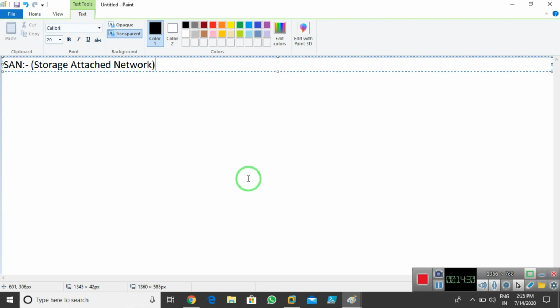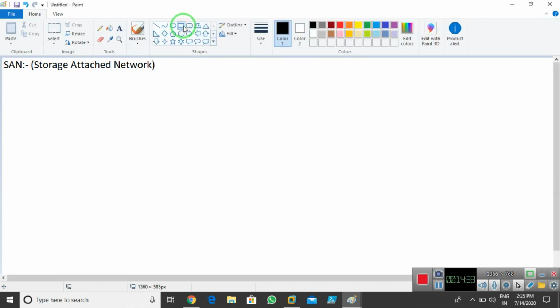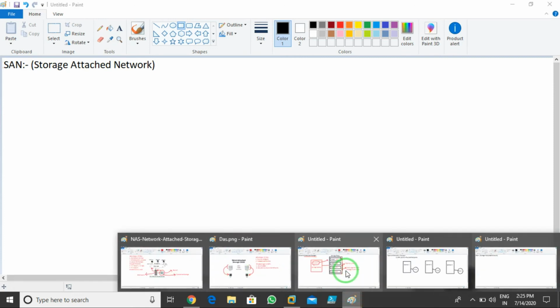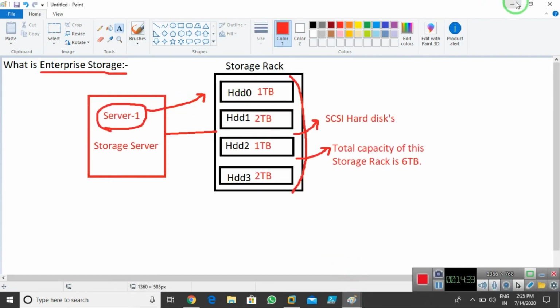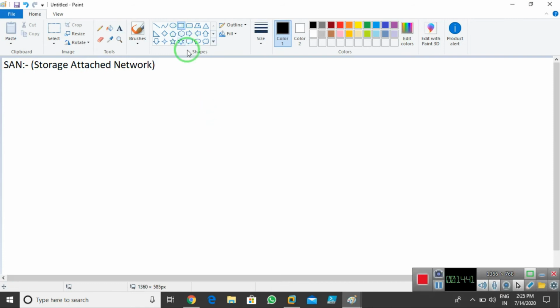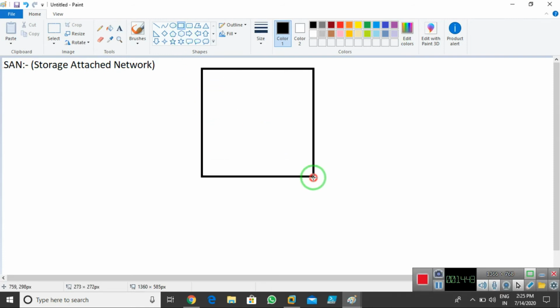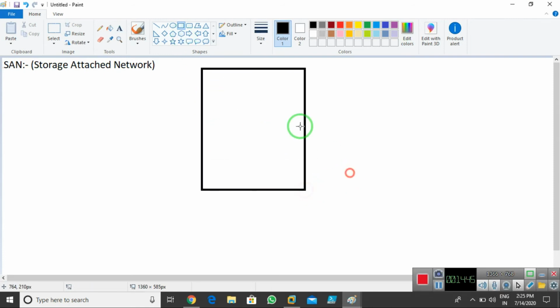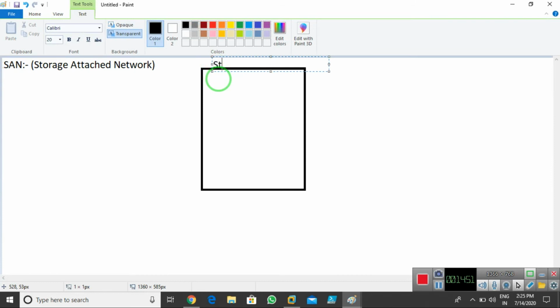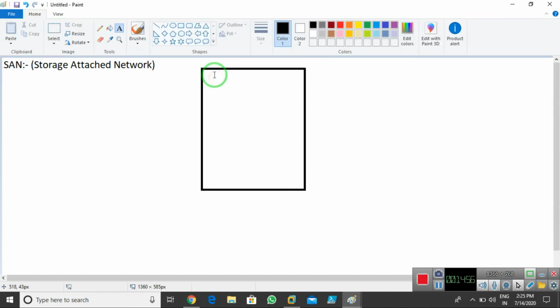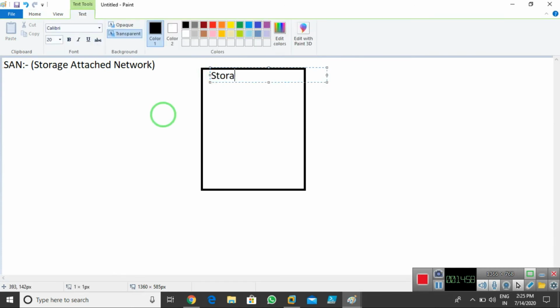If you have a physical storage, I'll show you the diagram. So again, I'll copy that diagram. This is the diagram. Okay, let's create our own one. So we have a physical storage, and this is my physical storage rack.